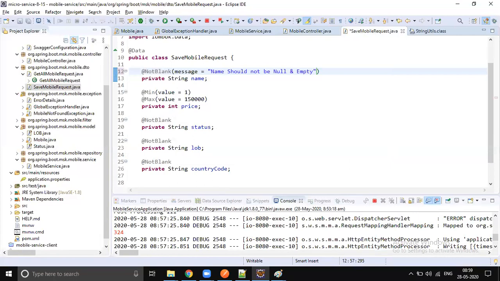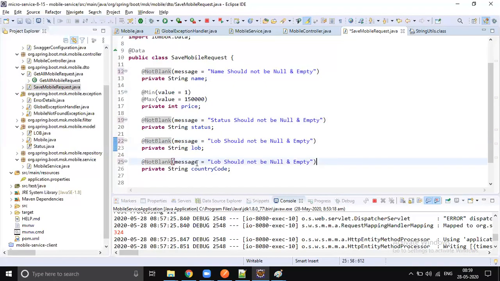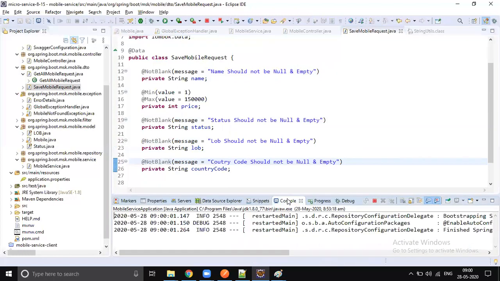Let's copy and paste this message, and here instead of name it's going to be status, then LOB, and then country code. Just save the changes. The server will automatically restart because we added the developer tools.